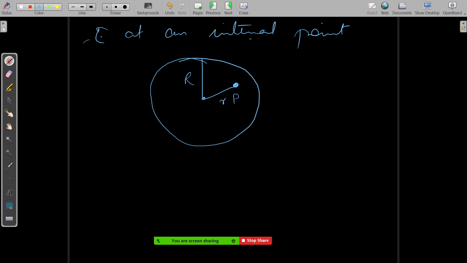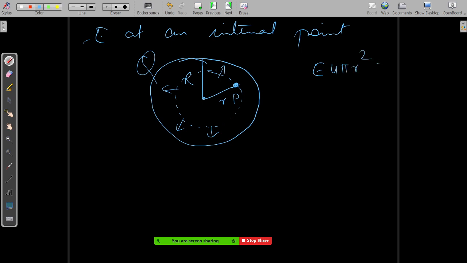What you have to do is again draw the same Gaussian surface and try to find it. This whole sphere is Q charged, so you have to find the electric field at an internal point. Through P you can draw a Gaussian surface and find the flux through it. Let's assume that at the surface points the electric field is E. So the total flux will be E into the area, 4 pi r square.